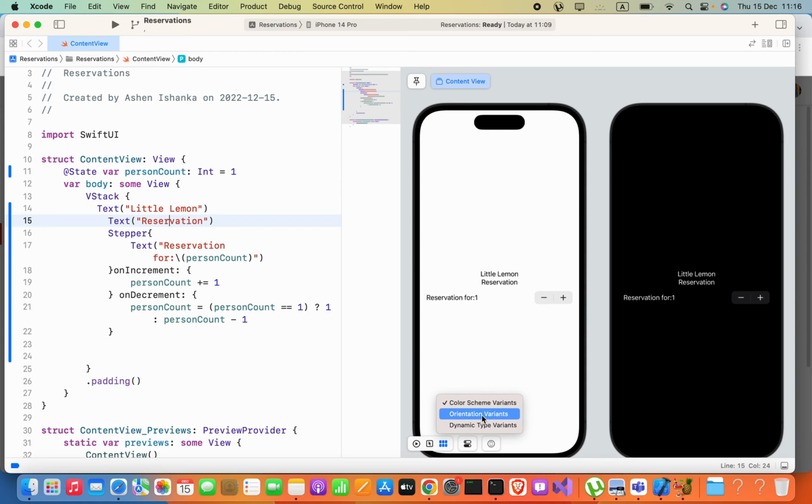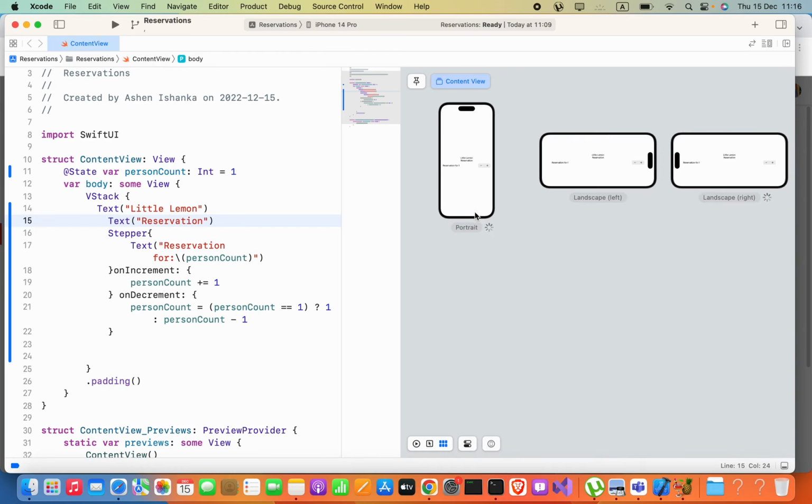orientation variants. Orientation shows devices in each supported rotation. You can see it is in the portrait and landscape, in the left and the right. Okay, now the last one is dynamic type